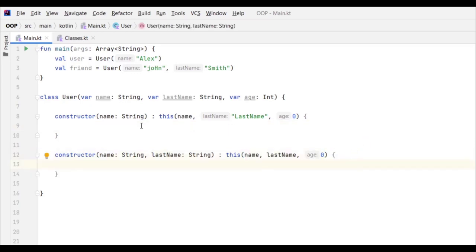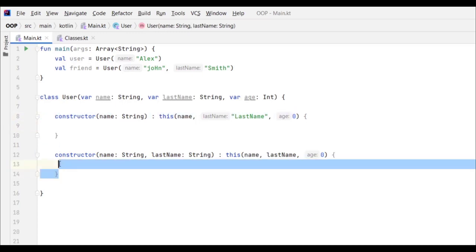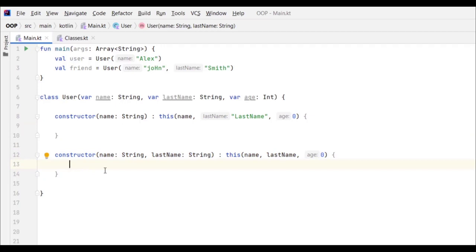So you can put curly braces here, and inside the curly braces you can have some code which is going to be executed when you create an object with this secondary constructor. So it's up to you what code you put there. But to illustrate this, let's put a println statement in this secondary constructor. So let's type println, and here I'm going to type second, because